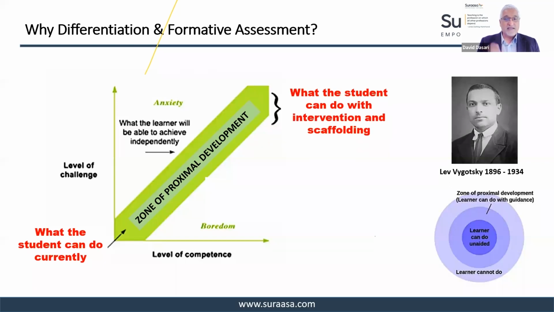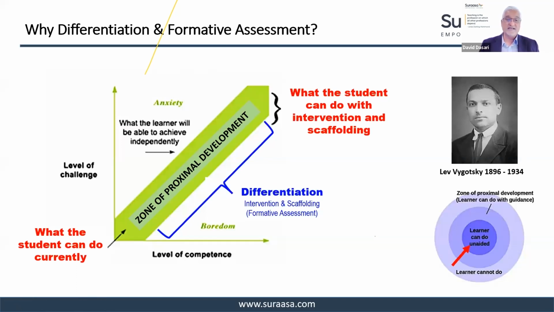So what it is, is the zone in between two very important points for you as a teacher and for the learner as a person. That is, where is the student currently? What can they do right now? Okay, and where would you like students to be based on your best understanding of them? Okay, and this space